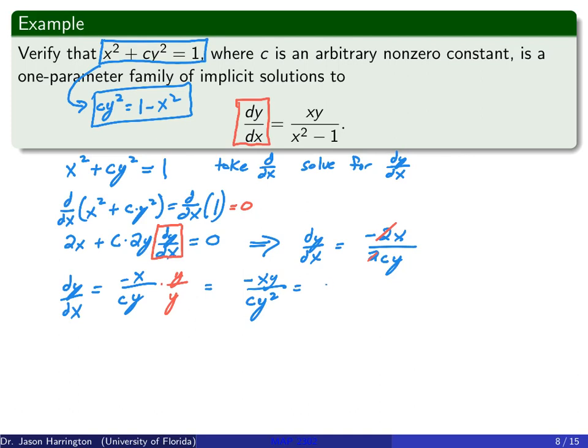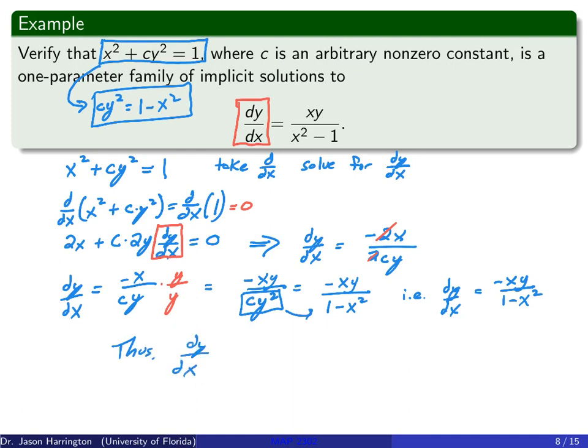So now I'm going to have negative xy, and I'm just going to turn this little guy back into 1 minus x squared. So I have dy over dx is equal to negative x times y divided by 1 minus x squared. Now that's super close, but there's a negative in the numerator. But if I factor a negative out of the denominator, I get exactly what I want. So thus, I get dy over dx is equal to